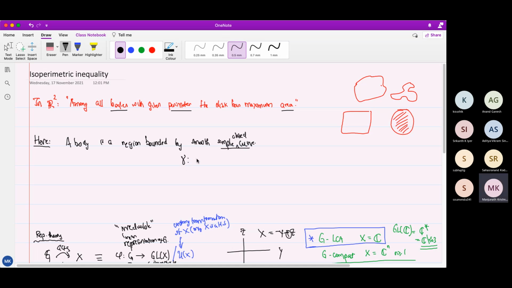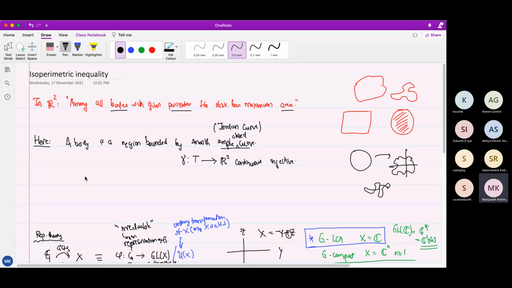So if gamma is a function from the circle to, let's say, R2, continuous and injective, that's what a simple closed curve is. It is a mapping from the circle to the plane. It can map things, but it has to close itself, and because it's injective, it doesn't do things like this. We don't allow this because of the injectivity condition. So this is what is called a Jordan curve.